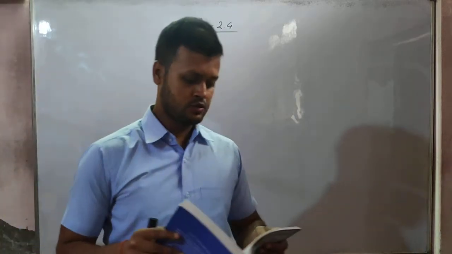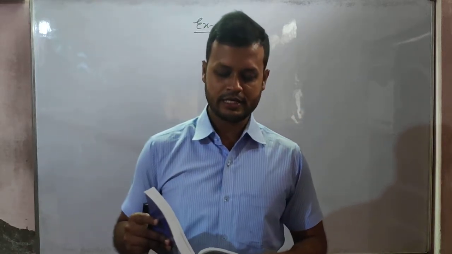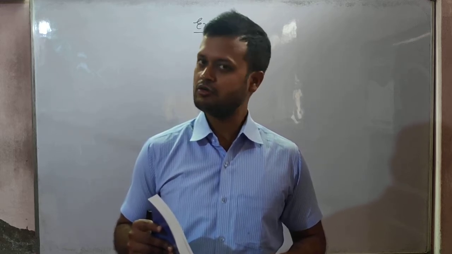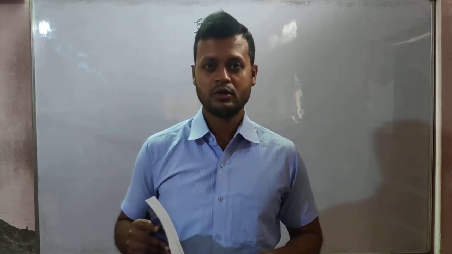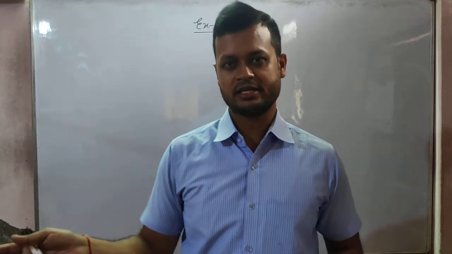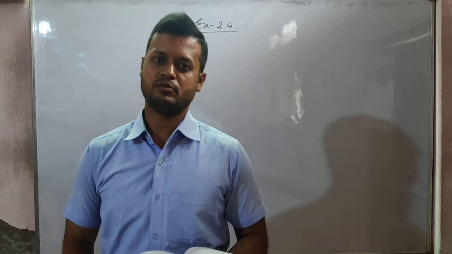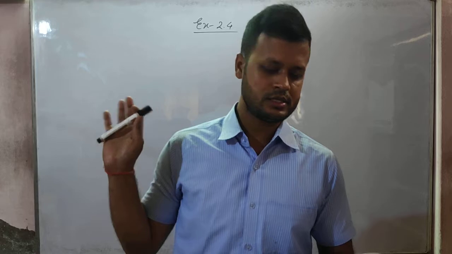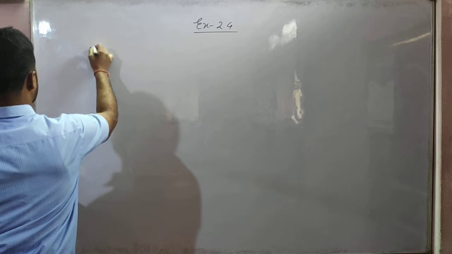So students, number 2, the other sums you will try yourself. All are similar, absolutely similar. Like here g(x), to find the zero of g(x), you will take g(x) equal to 0. So x plus 2 is equal to 0, x equal to minus 2, isn't it? So minus 2 you will put. Same here for number 3. To find the zero of g(x), we take g(x) equal to 0, that means x minus 3 is equal to 0. Minus 3 will go to the other side, plus 3 we will put in the given polynomial p(x). In the same way that I did number 1, you will do numbers 2 and 3.